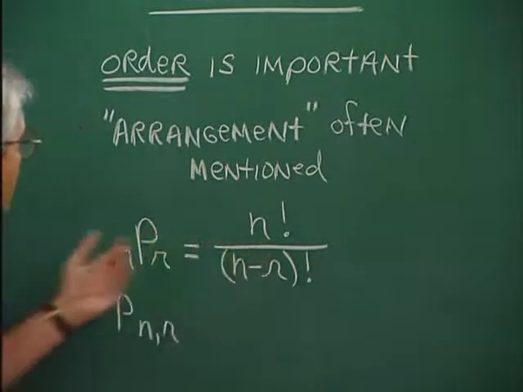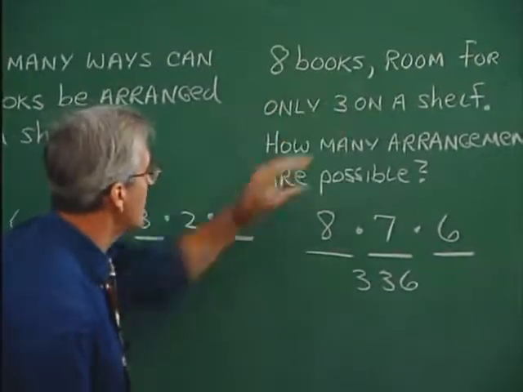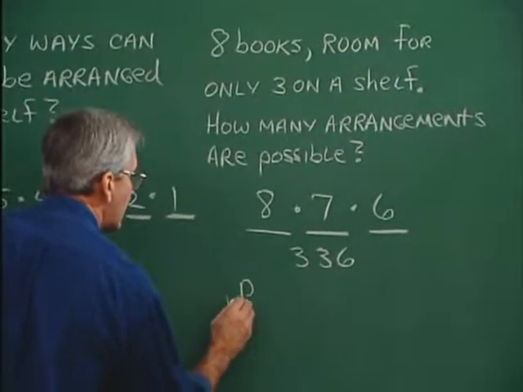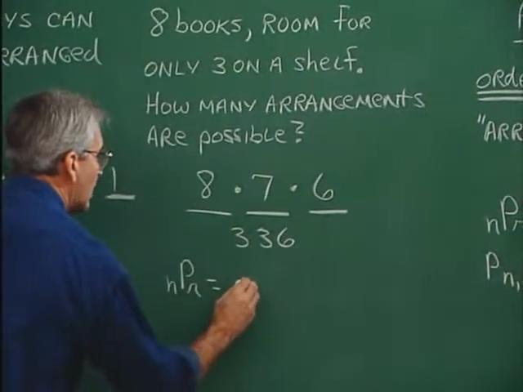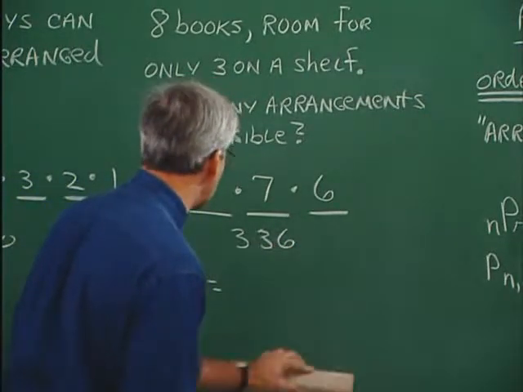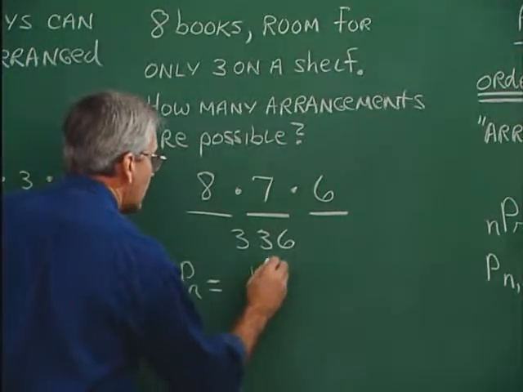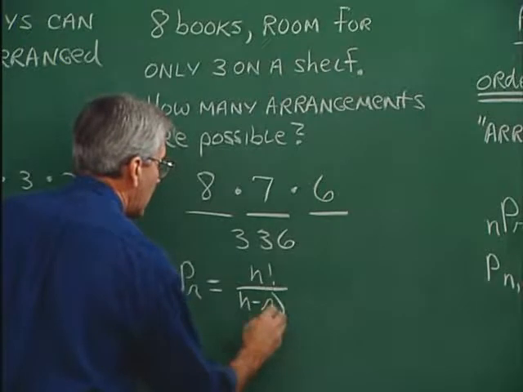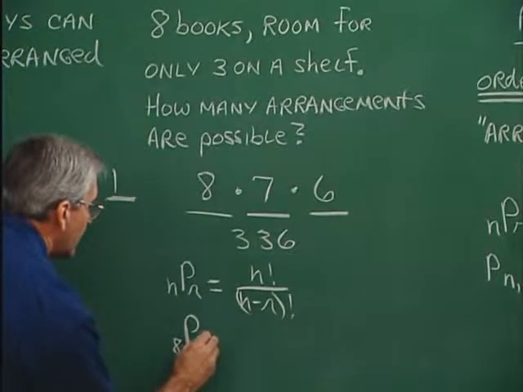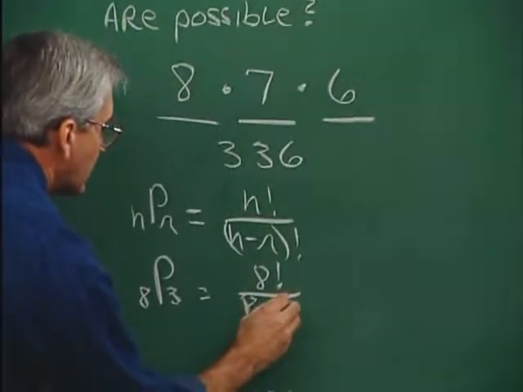Let's use the formula in this previous problem. In fact, let's use the formula in both of these two problems. First, for this one, if we're thinking about it as a permutation formula problem, it's n things taken r at a time. When you use the permutation formula, write it down just like you normally do with other formulas: n factorial over n minus r factorial. And then we're talking about the permutation of 8 things taken 3 at a time. So it is 8 factorial over 8 minus 3